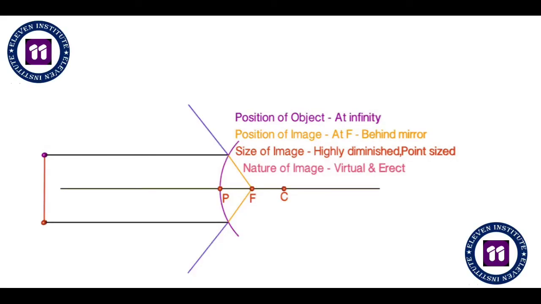Alright, I hope you have copied that table. Now we will locate the image for the first object position, which is at infinity, and this is the final image or result that we are going to get. Let us see now how to draw this. So please first understand and watch this, and then you can pause the video and draw this down in your CW. These are very easy, you will easily get this. So let us start.